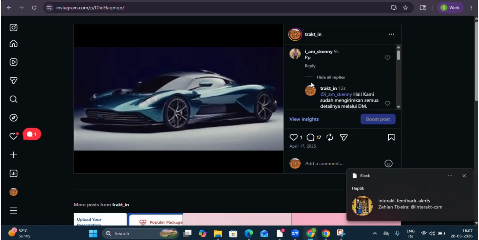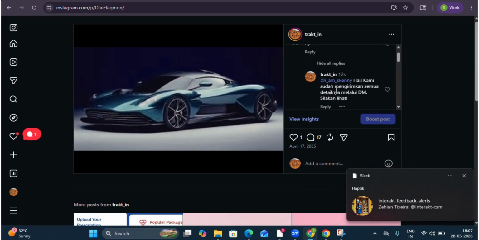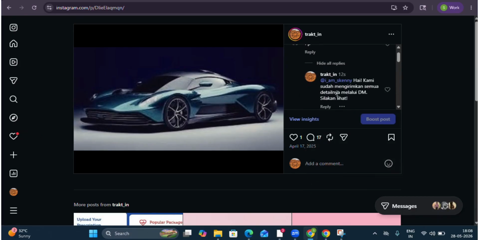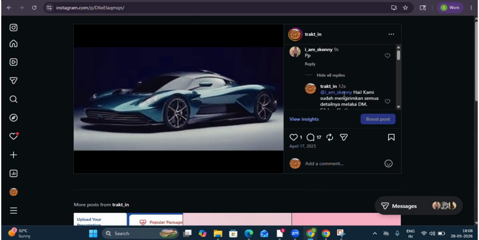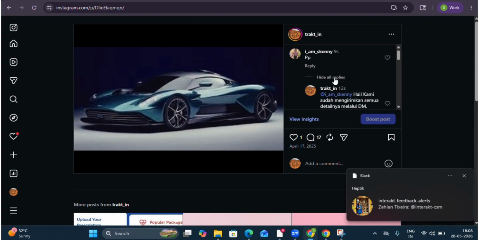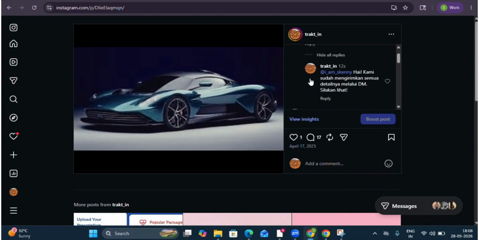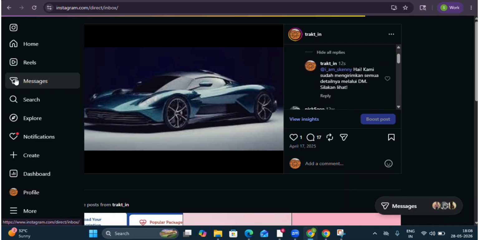You can set a similar kind of reply. It's coming in a different language. Now it's saying that you should check your DM. So I'll go to the DMs, and yes, I can see the message. Since I'm not logged in to my account here, I won't be able to display it now. But yeah, this is how the comment automation will work. And similarly, you'll receive a